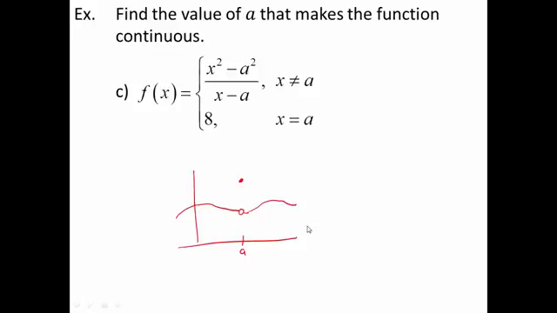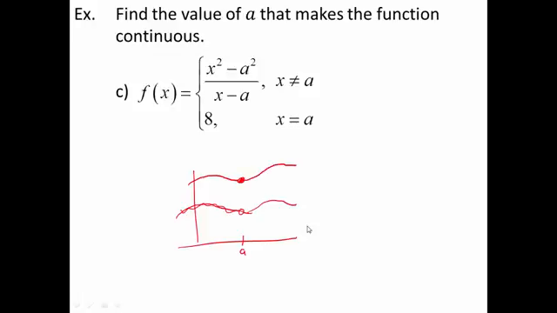I'm just giving a random example of what this type of piecewise function would describe, where I have a hole at a particular point, and then at that particular x value, I have a defined value somewhere other than the actual graph. What I'm trying to do is figure out what that a value would be such that this graph doesn't exist down here, but it actually exists at the exact same point